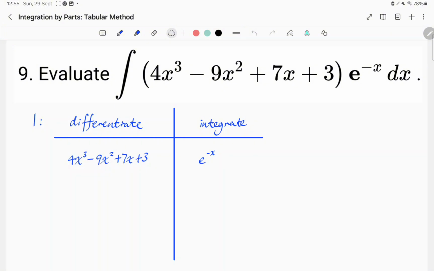Here we're asked to evaluate the integral of 4x cubed minus 9x squared plus 7x plus 3, all multiplied by e to the negative x, with respect to x. This would normally be done using integration by parts, but it would take a very long time using the standard method. So today I'll be teaching you how to complete this using the tabular method, and hopefully this should shorten